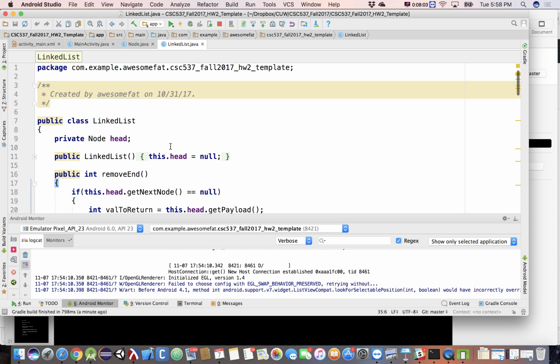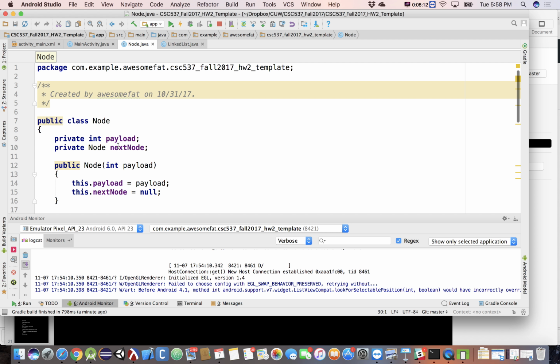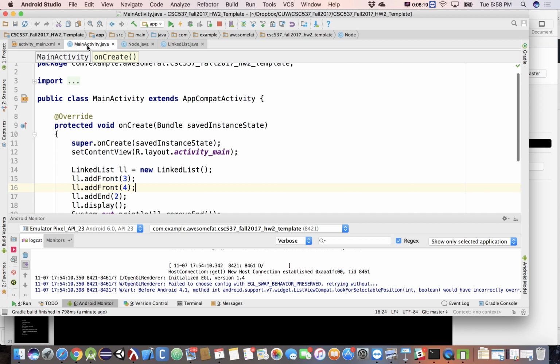All right, and my linked list right here that we wrote last time, we started off this guy, it's a node that holds a payload of an int, correct? Okay, so we already have it set up to handle our integers for us. Good. All right, so let's go back into,